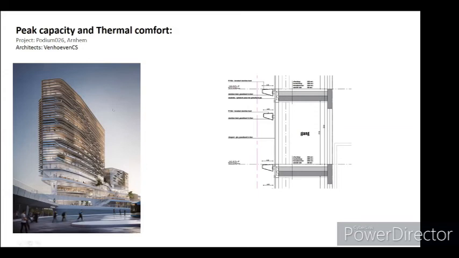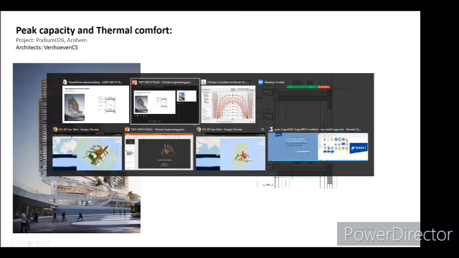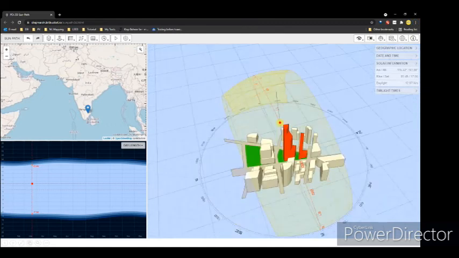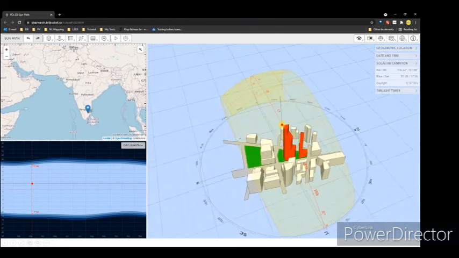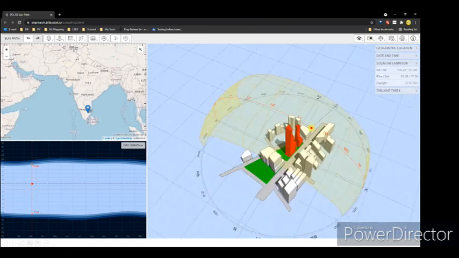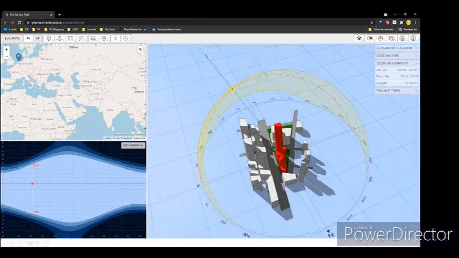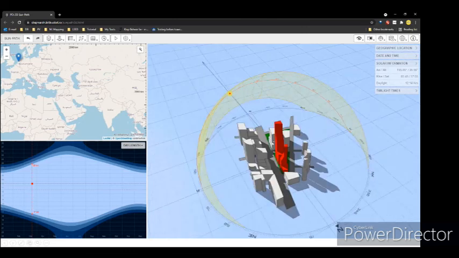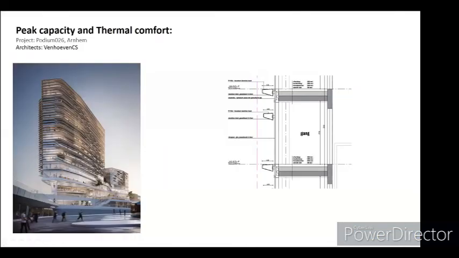Especially in the Netherlands, even though north is desired in India, the problem is that in the Netherlands, you don't get any sun. You won't get any sun from the north. That means during winter, you can't use any passive heat entering the building. So we started by optimizing the glass percentage on the north, and then worked on the south.